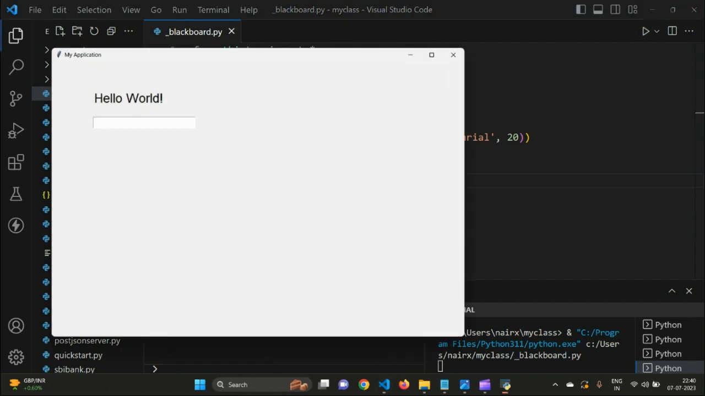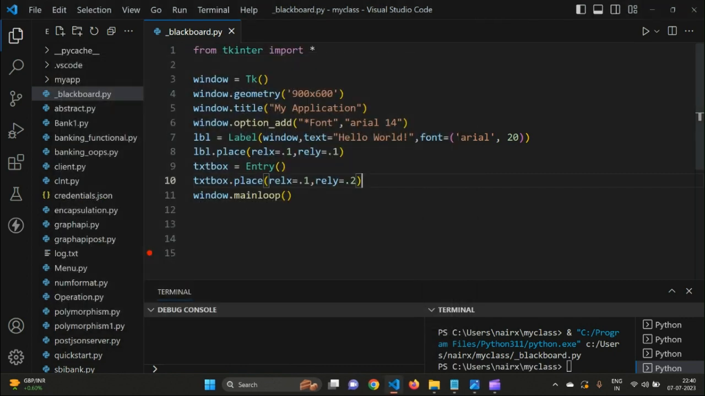So this is a text box. We had created a label and then created a text box as well. That's about the text box, and then we can also create a checkbox. For that, let's create a variable